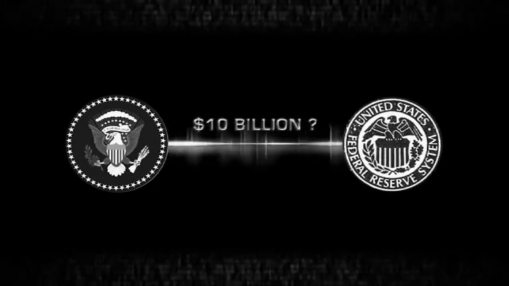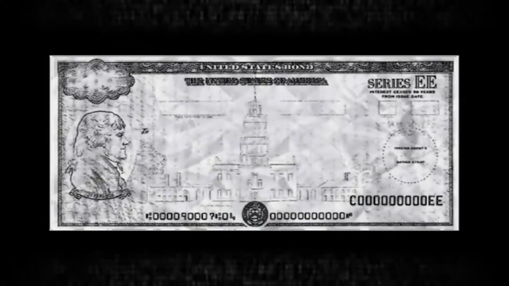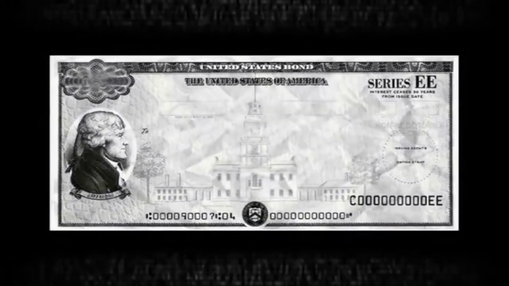The purpose of this booklet is to describe the basic process of money creation in a fractional reserve banking system. It then proceeds to describe this fractional reserve process through various banking terminology, a translation of which goes something like this. The United States government decides it needs some money, so it calls up the Federal Reserve and requests, say, $10 billion. The Fed replies saying, sure, we'll buy $10 billion in government bonds from you. So the government takes some pieces of paper, paints some official-looking designs on them, and calls them Treasury Bonds. Then it puts a value on these bonds to the sum of $10 billion and sends them over to the